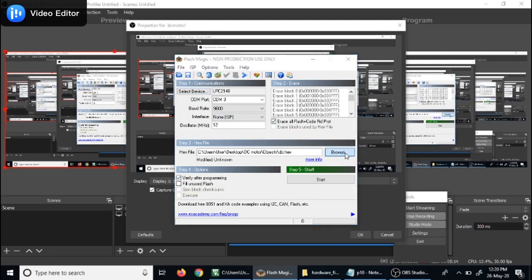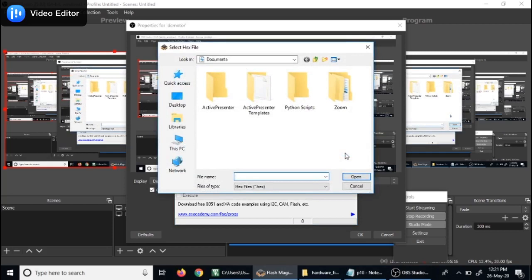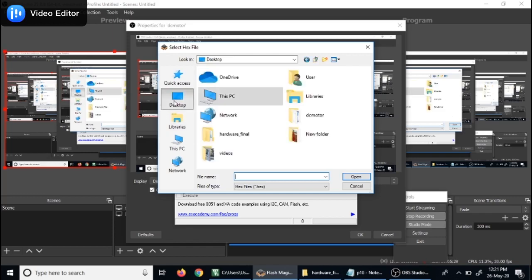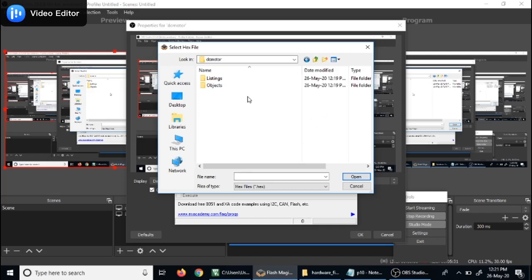Then click on Browse. You have to browse to the hex file. As I told, the name of the hex file will be the same as your project name. The name of the project is DC, which is inside the DC motor folder. So Desktop, DC motor. You can see two subfolders created, that is Listings and Objects.